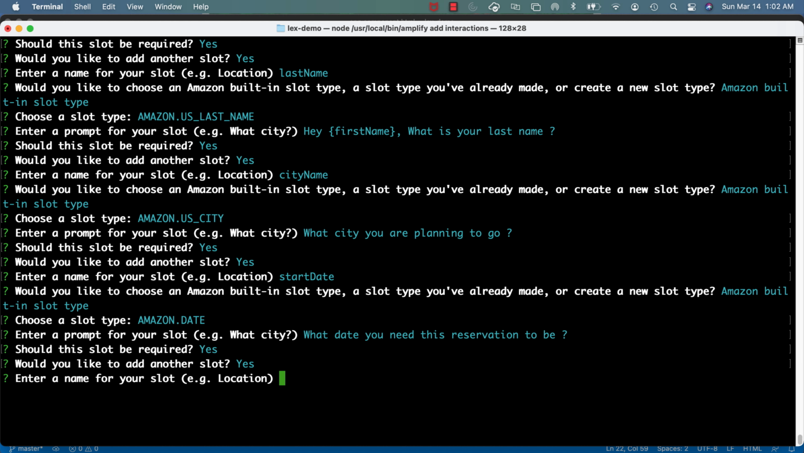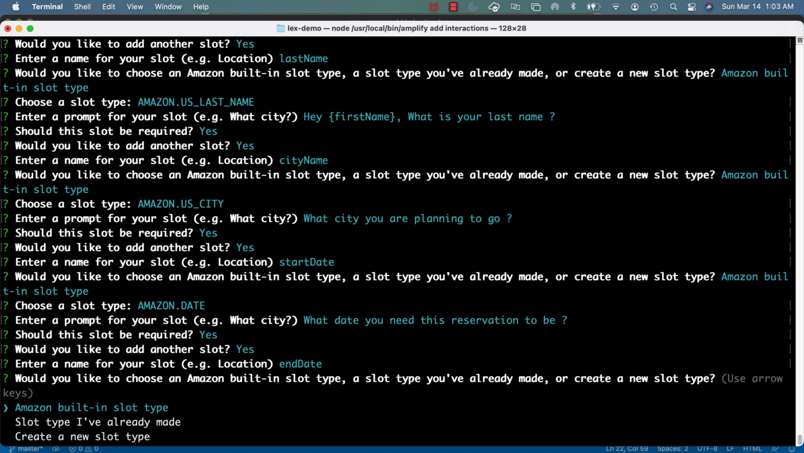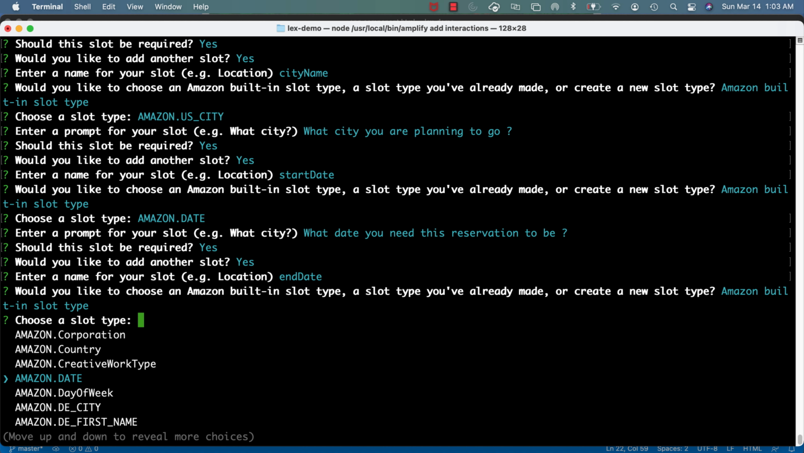Now the last slot we need is the end date of the reservation. We need to know when the reservation starts and by which date this person will be checking out. So we are going to collect that checkout date in the end date slot, and again, this is a date, so we are going to collect it with the data type Amazon.date. During the demo, I will show you one thing: it is a very, very intelligent bot. So if you say, hey, create a reservation for